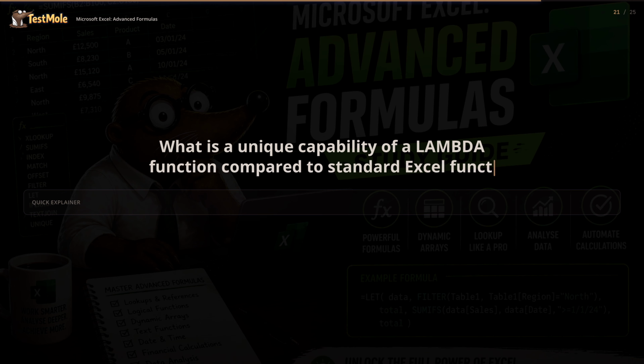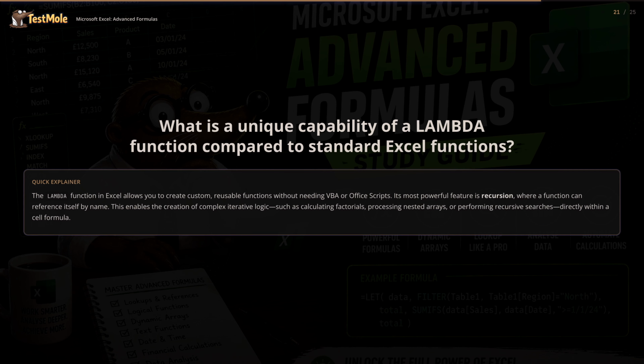What is the unique capability of a LAMBDA function compared to standard Excel functions? The LAMBDA function in Excel allows you to create custom, reusable functions without needing VBA or Office scripts. Its most powerful feature is recursion, where a function can reference itself by name. This enables the creation of complex iterative logic, such as calculating factorials, processing nested arrays, or performing recursive searches directly